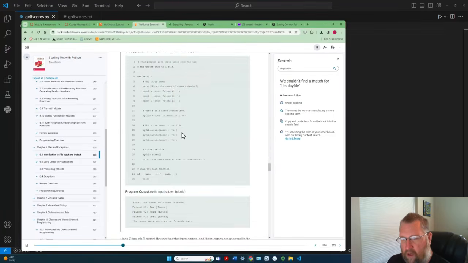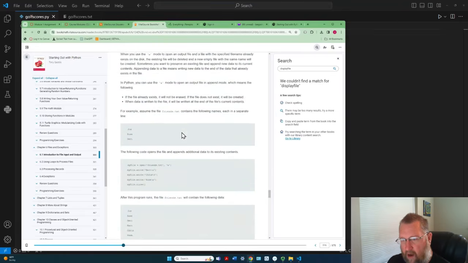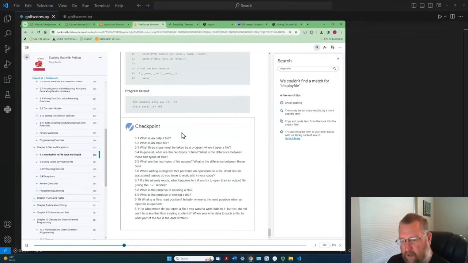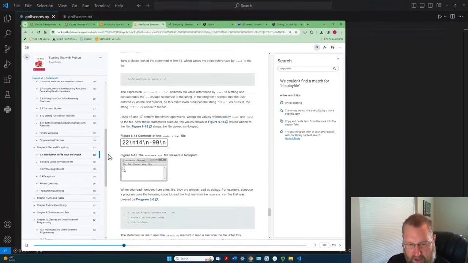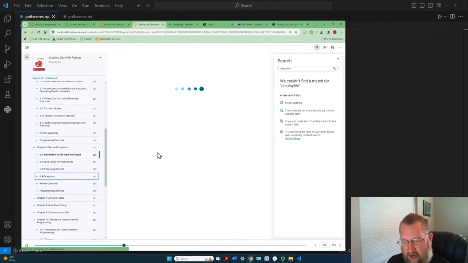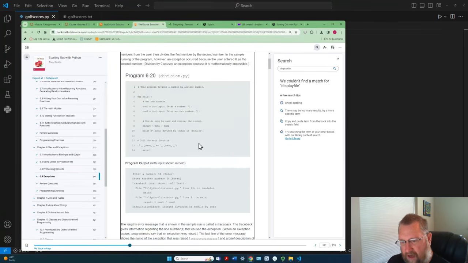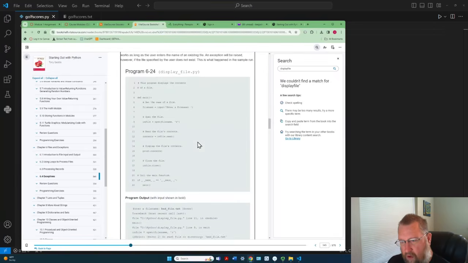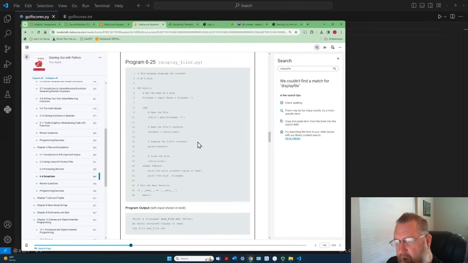We've got all kinds of different code in here that we can use as a reference point to begin writing our own code. And one of the ones that I really liked, because we need to discuss exception handling, was the display file 2 code. And that's actually in section 6.4. So I went over here to the exceptions section of your chapter, and here it is, display file. So this is a good beginning, but we're going to actually demo a little bit more on this one,